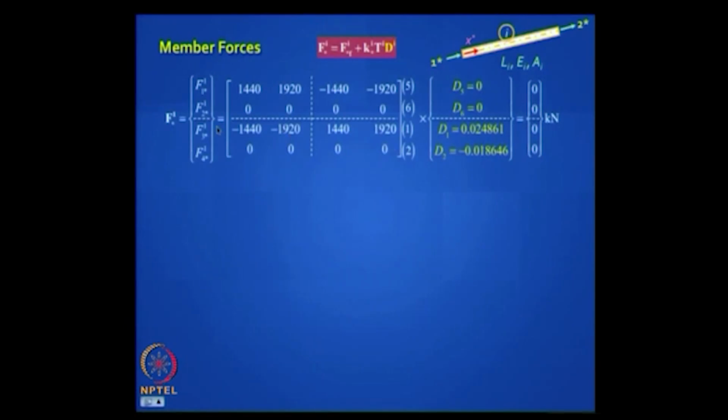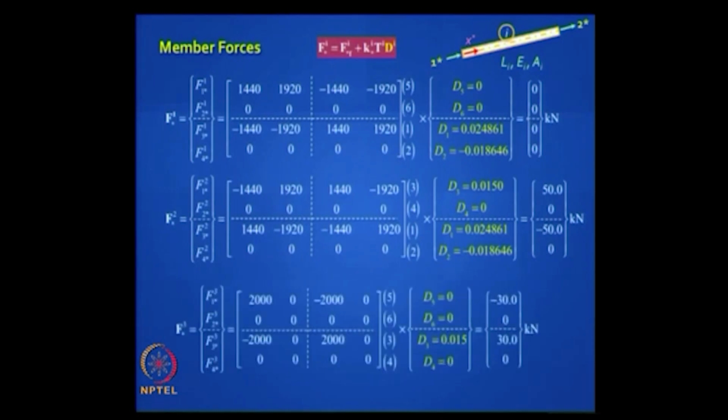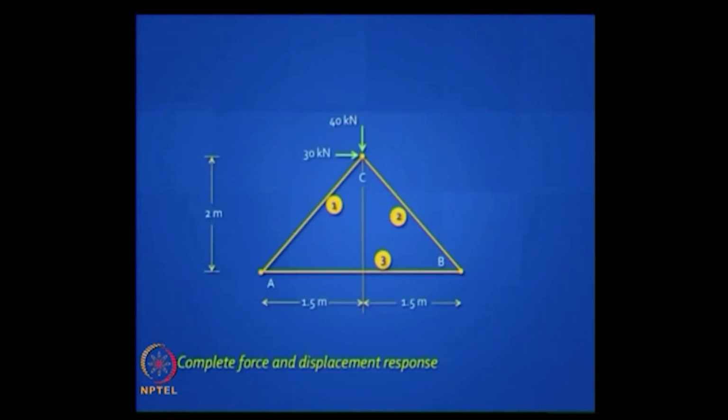and lo and behold you get zeros, because for this particular problem for the loading you do not have any force in the first element, okay, it is just an accident because the loading was such. Second element you get, so what do you conclude from the second solution? Is it tension or compression? It is compression because F3 star is the axial force, it is on the right side, and see your shear force is always 0, you could predict it in advance, and the other one is plus 30 kilonewton. So that is how you interpret the axial forces,